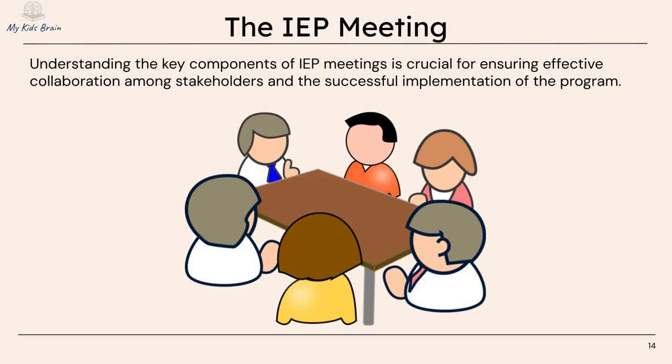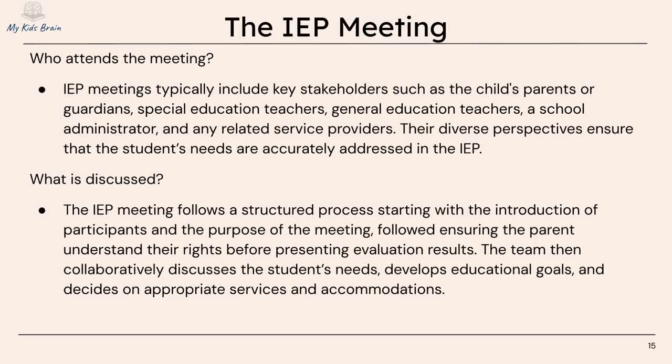So when is all this information presented to the parent or guardian? This is the purpose of the IEP meeting, where the school and its staff present the results of their evaluations to include eligibility and their recommendations of the IEP or plan. Who attends these meetings? By law, the following stakeholders must attend the IEP meeting, and that is the parent or guardian, a special education teacher, typically the individual who assessed the student, a general education teacher, a school administrator, and related service providers or evaluators.